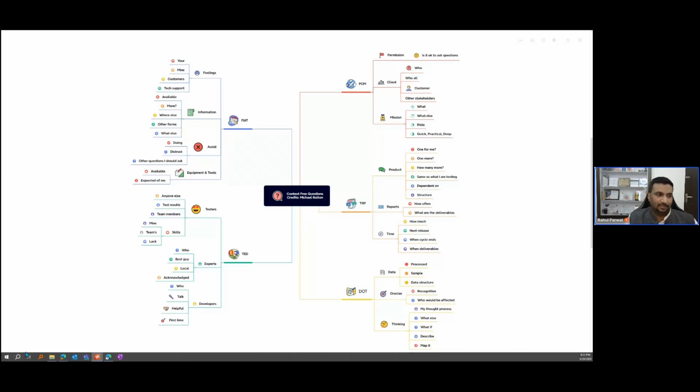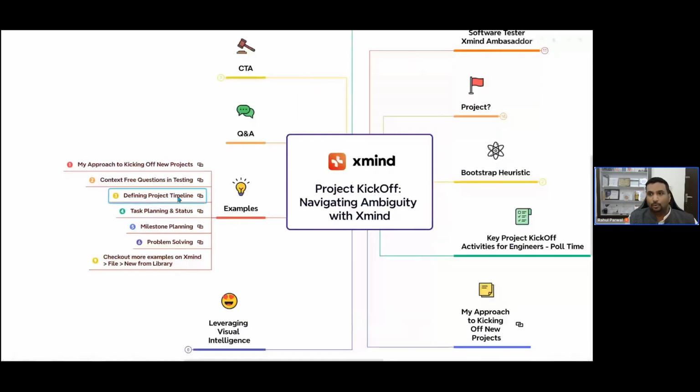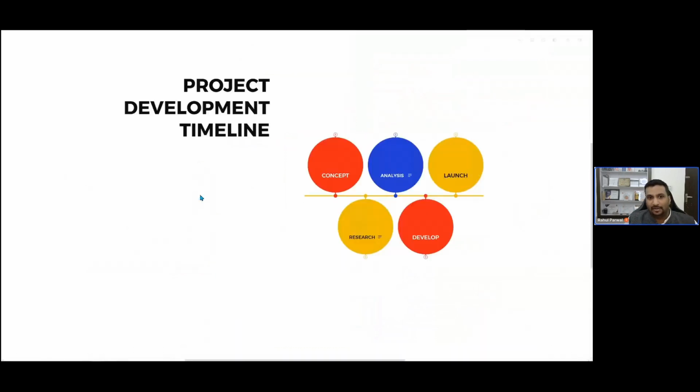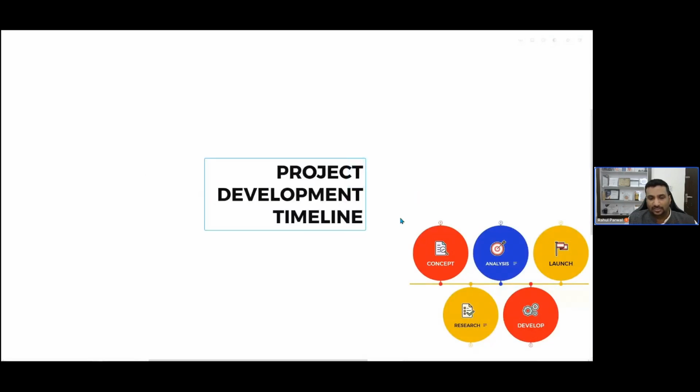So that is about context free questions. Now similarly, to define project timeline. A lot of times when people are working on projects, the moment they start working on a new project, they are asked for timelines. And for timelines, I mean, what you will give and how much time you will take, there are templates available with Xmind. So you could use such templates, for example, where